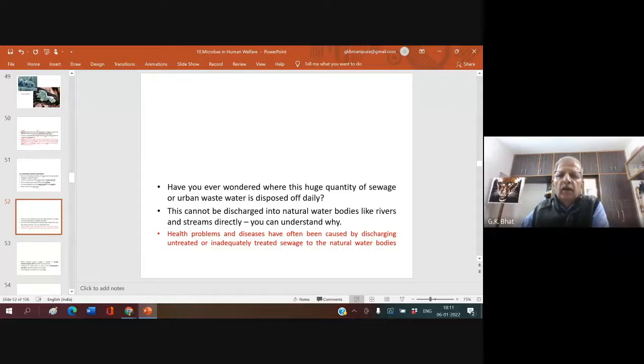This cannot be discharged into natural water bodies like rivers and streams directly, because it causes death of microorganisms and individuals there. Health problems and diseases have often been caused by discharging untreated or inadequately treated sewage into natural water bodies. Not only does it create problems for aquatic organisms, it also brings about